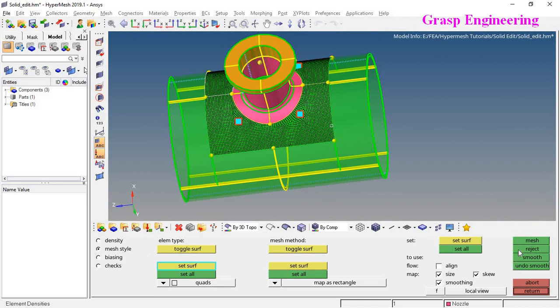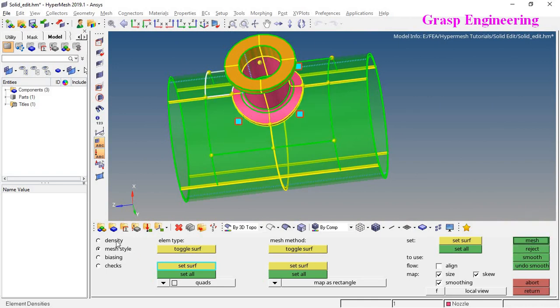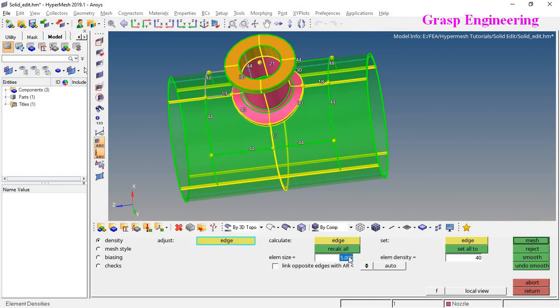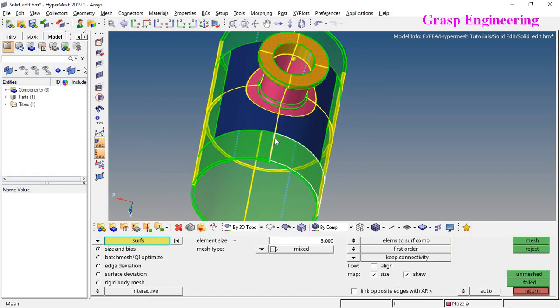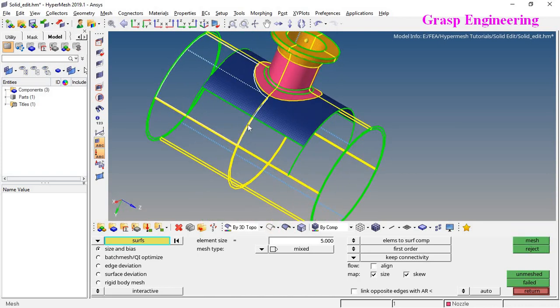Reject. If you want to increase the size, make it 7, recall, mesh, so you can mesh accordingly. And furthermore, let's perform the 2D mesh for the remaining faces.